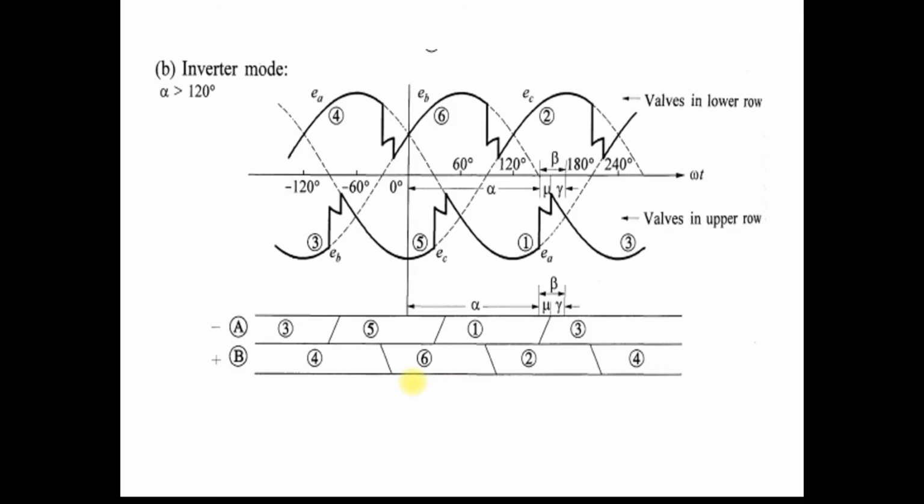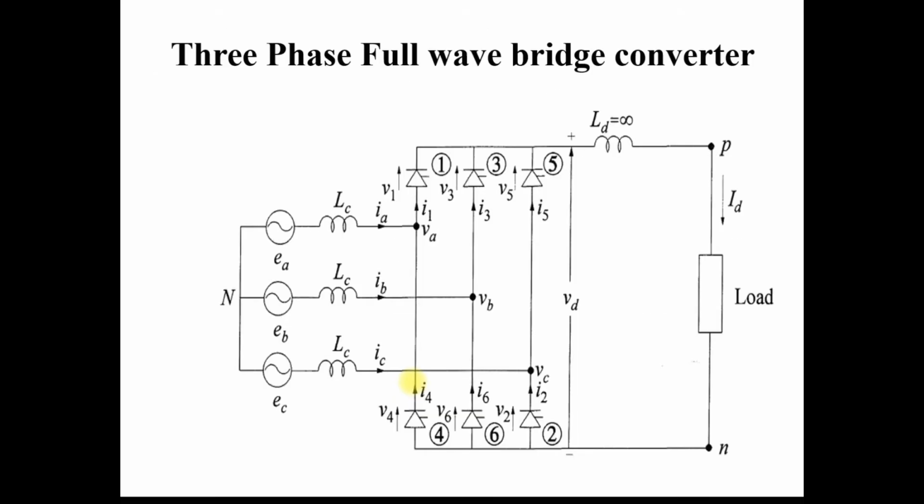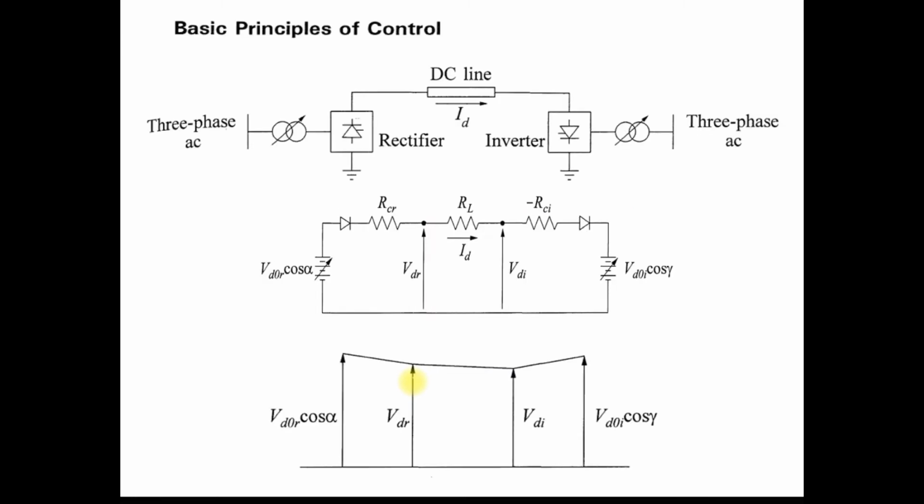So next topic, now we understand this is the control of the HVDC system. So what are the control characteristics we use when we control the HVDC system? That we understand in this topic. As we know, in the single line diagram of the monopolar HVDC system, you can see that this is a single pole or single cable of a bipolar system. Here this is a three-phase AC supply, converter transformer, rectifier, DC line, inverter, converter transformer, and three-phase AC line.